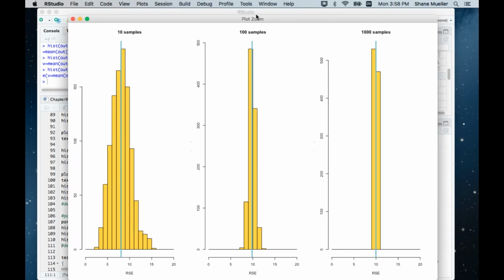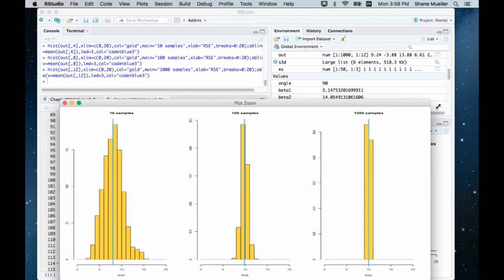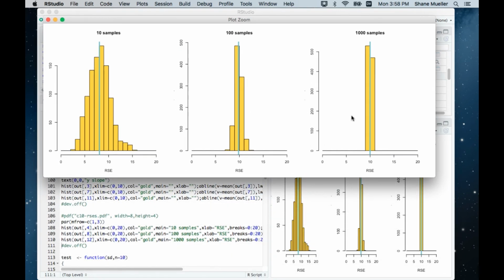This is just saying I'm fitting the model as best I can. I take every single residual, and I find my estimate of the error, and you can see that for just 10, the residual error was supposed to be about 10. That's what we put in here, and our best estimate is about 7. So just like before, we're a little underestimating